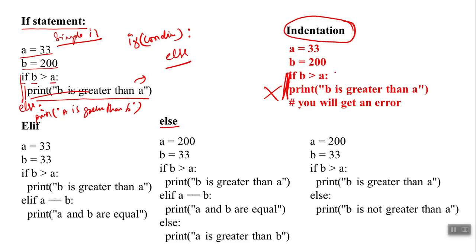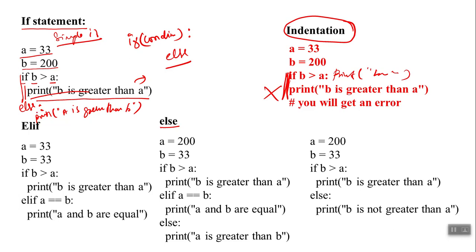You can have the print on the same line, no problem. You can have it continuous, but when you go to the next line, you have to have a space. Then if you are going for an else, if and else should be at the same level, and the printf should be on the next line. You should have a space.